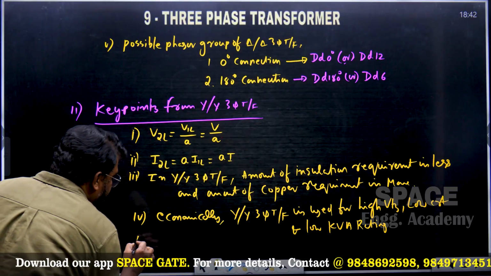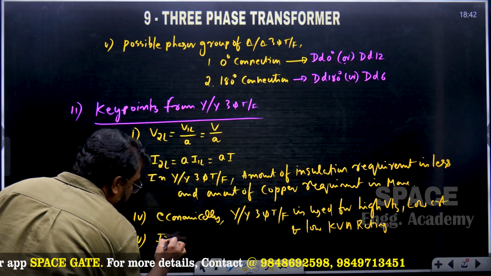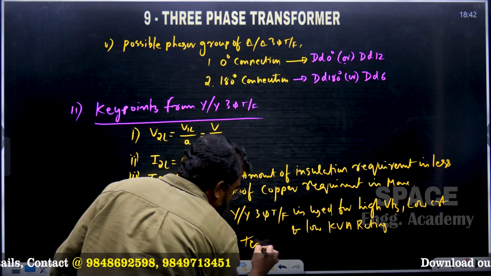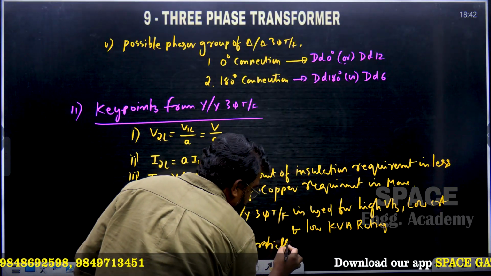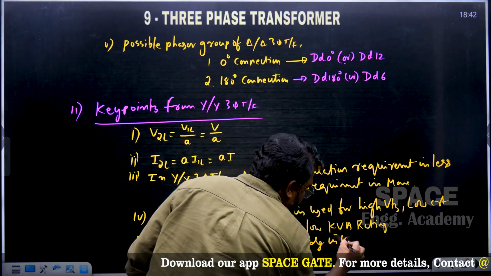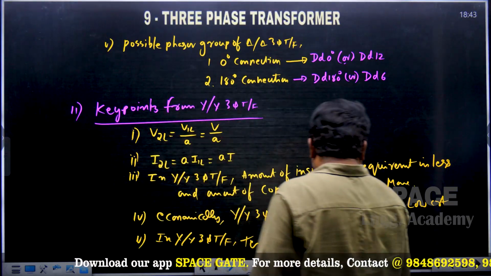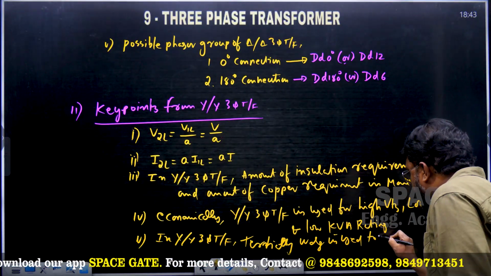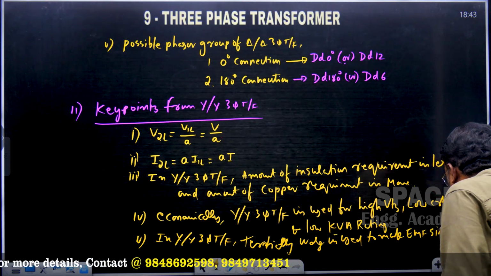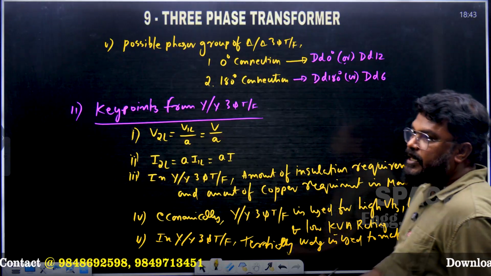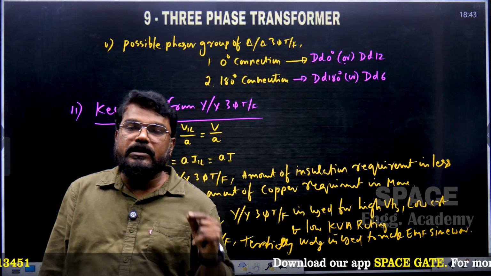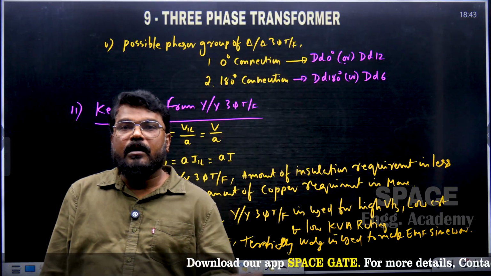So now this one is another point in star. So in star 3-phase transformer, the tertiary winding is used to make the EMF sinusoidal, EMF sine wave or sinusoidal. So why? Because tertiary winding must be connected in delta to provide the closed path within the phases for third harmonic component of the